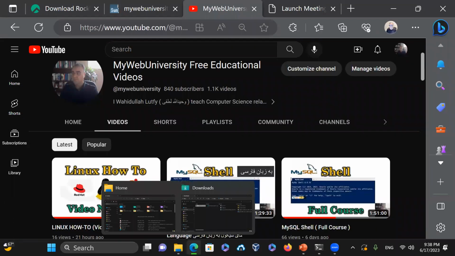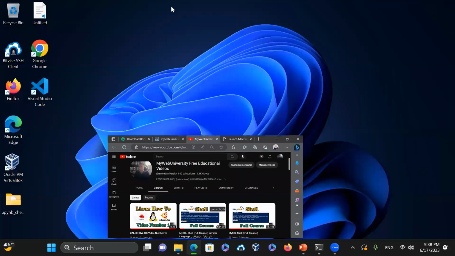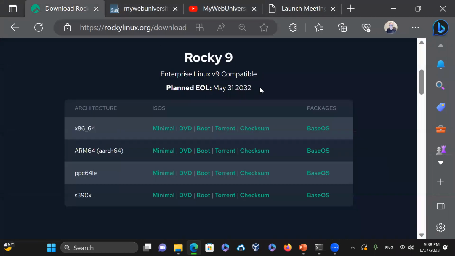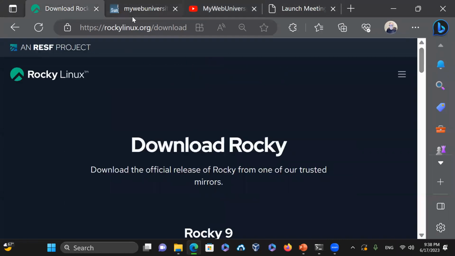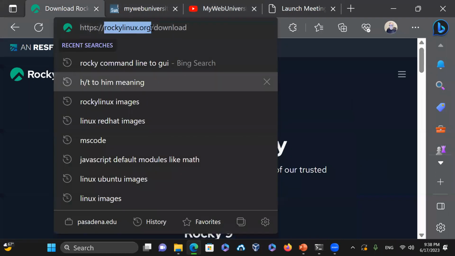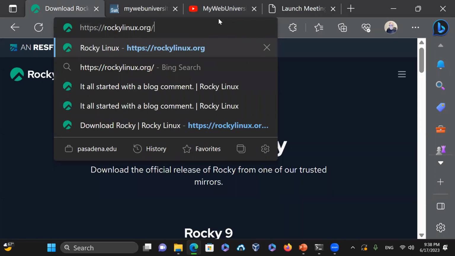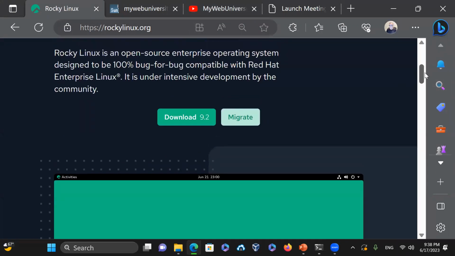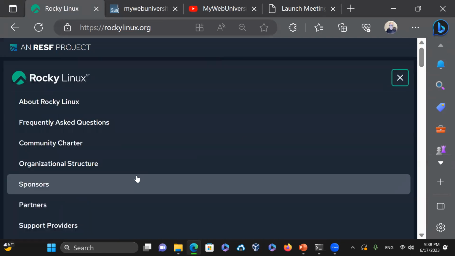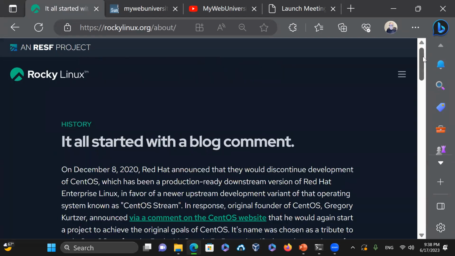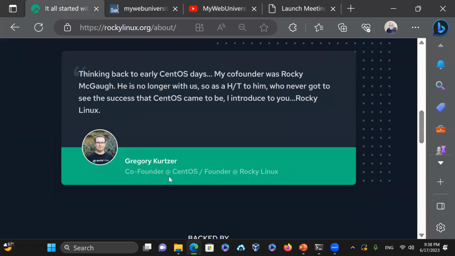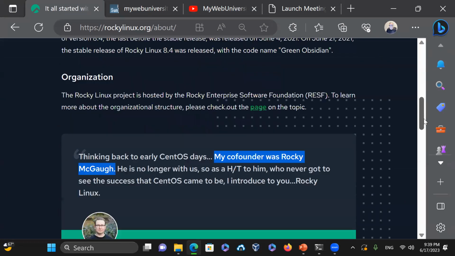on the browser side, as you can see here, the Rocky website, rockylinux.org. If you go by default to this page, you will see the menu here. On the menu, if you click on About Rocky, you can see the co-founder Gregory Kurtzer, mentioned alongside co-founder Rocky McGaw. He's no longer with them, and they give him respect and credit,